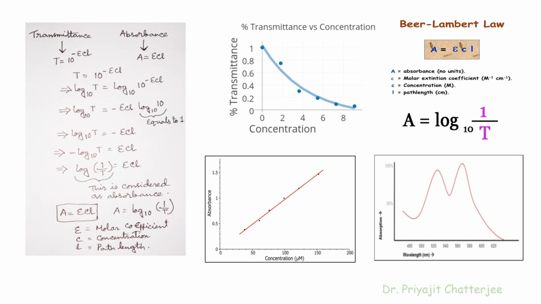The second or last graph shows the relation between the absorbance and wavelength. If we interpret the graph, we can find the maximum wavelength, called lambda max, where maximum absorbance occurs. The lambda max value of protein is 280. That means protein absorbs maximum light at 280 nanometer. So this kind of spectroscopy, which depends on lambda max, is called qualitative UV visible spectroscopy. And in this process we can assess whether any impurities are present with the protein or not.